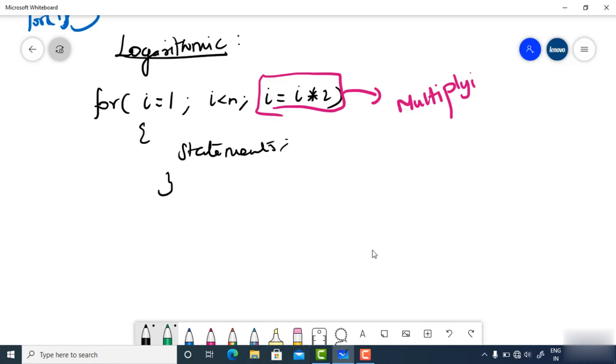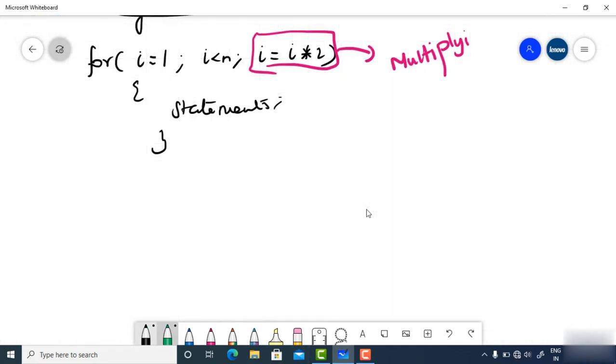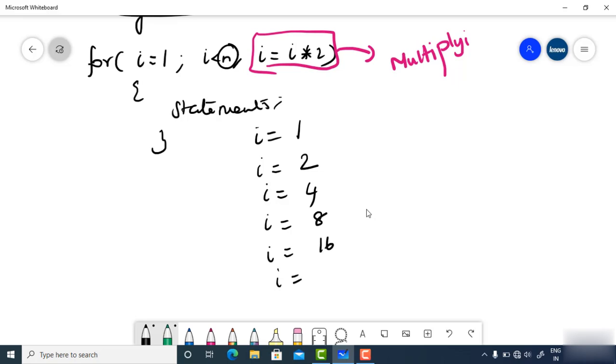Yeah, so i equals i into 2. Superb, right? Okay, so my n value is somewhere, I don't know what my n value is, let's say. Then my i will execute 1 time, then 2 times, then my i will become 4, then 8, then 16, then 32, and again my i will become 64. And because that's how it is getting incremented, you can see that here it is i into 2 only. So for each iteration it's getting multiplied by 2